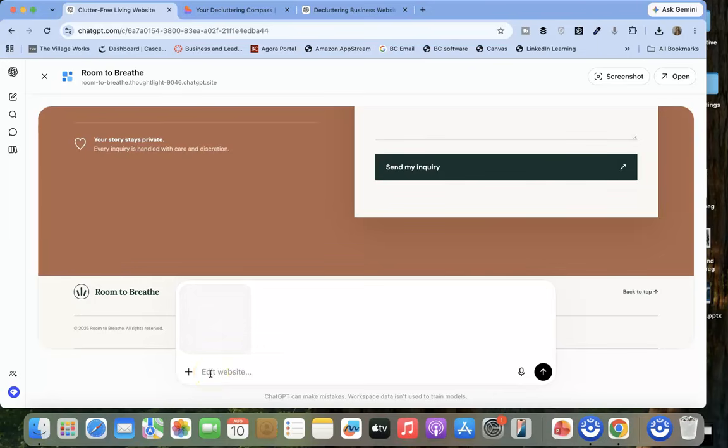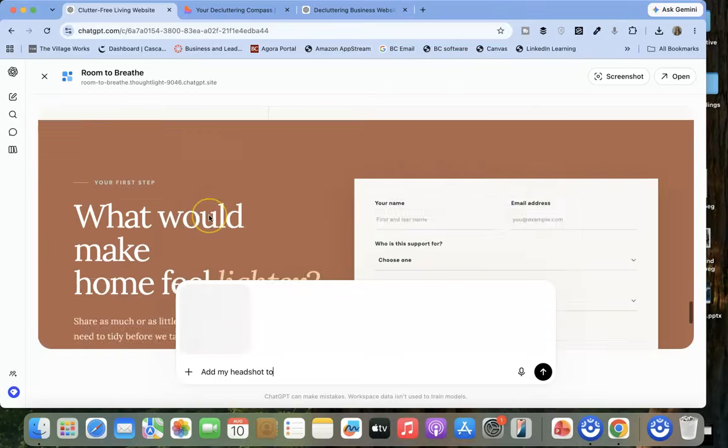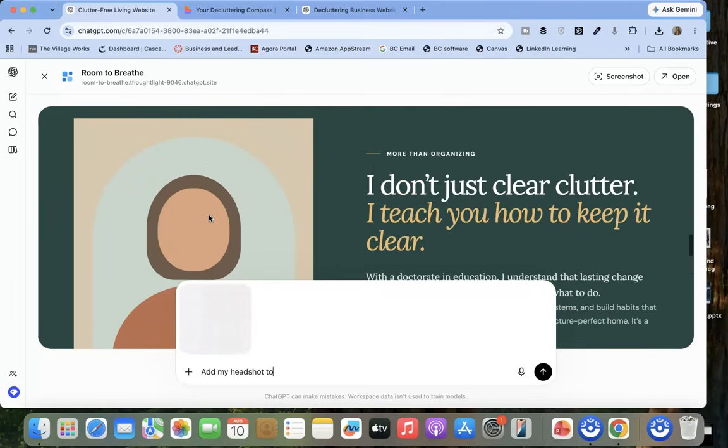You could have any photo you want. Maybe you're creating a website for your pet's birthday. You could upload that photo there as well. I'm going to simply say, add my headshot to the section